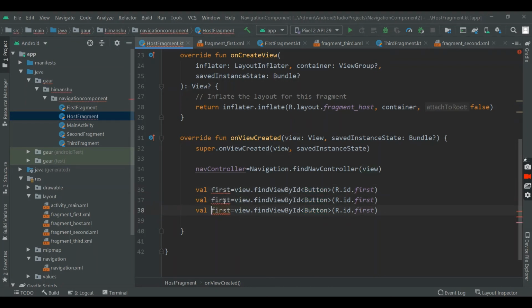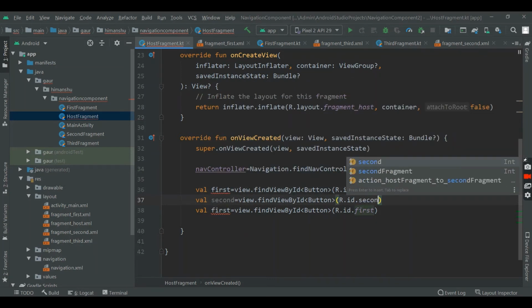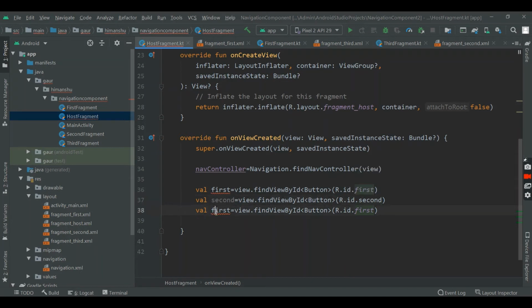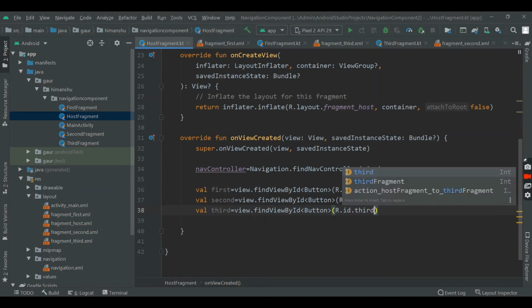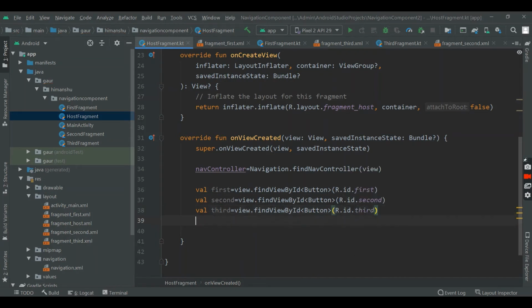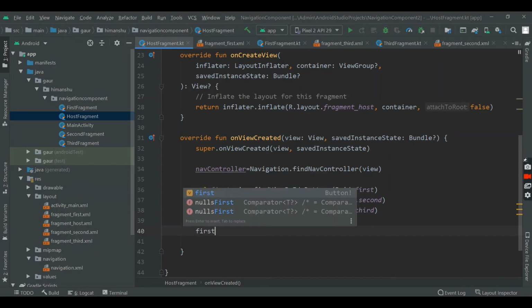Duplicate this for second and for third. Now attach setOnClickListener to our first button.